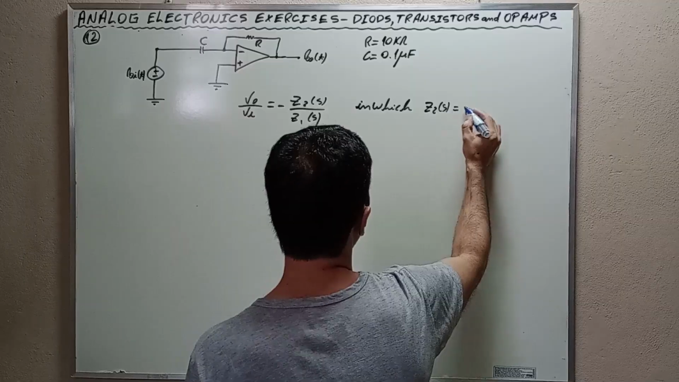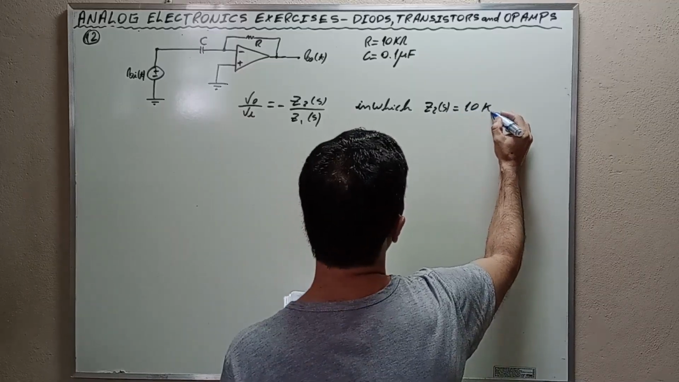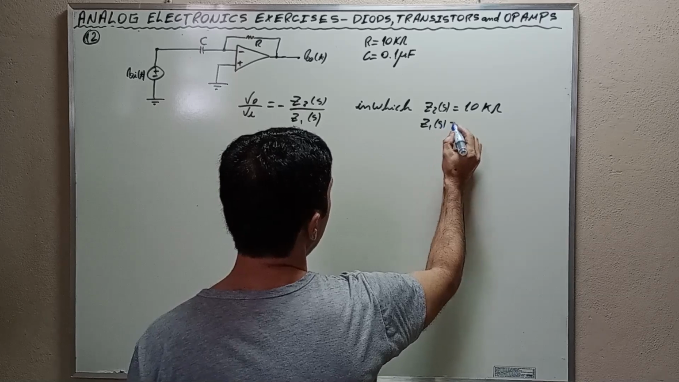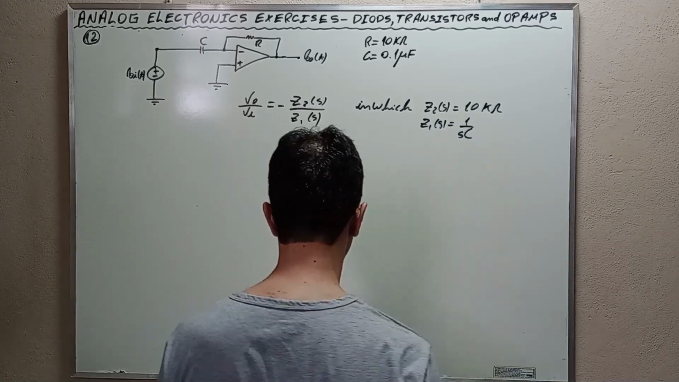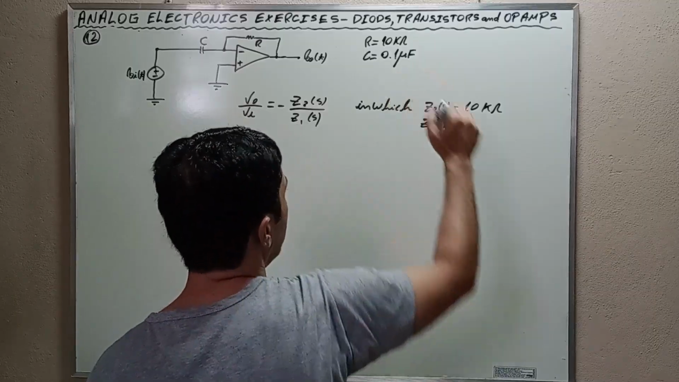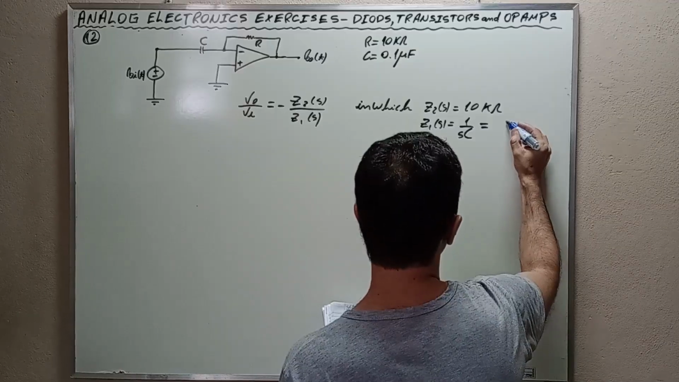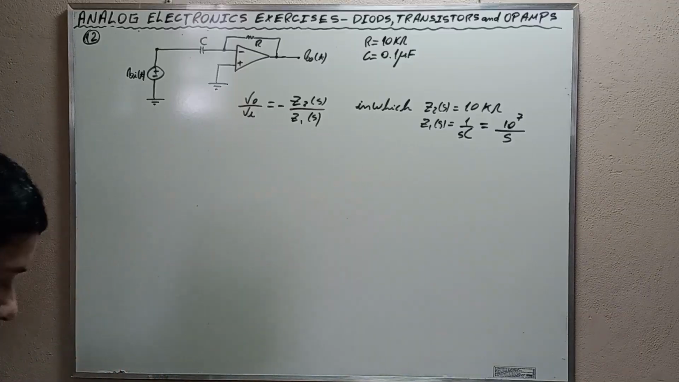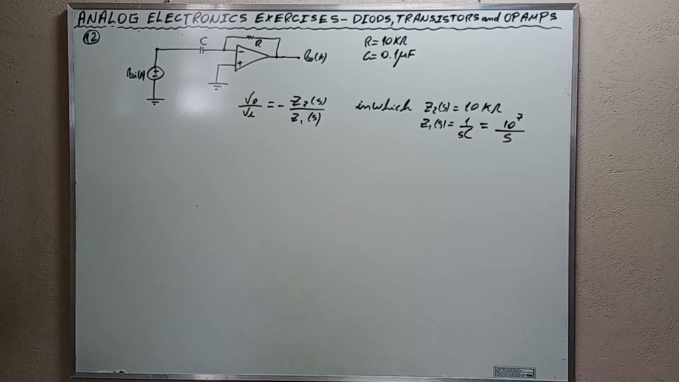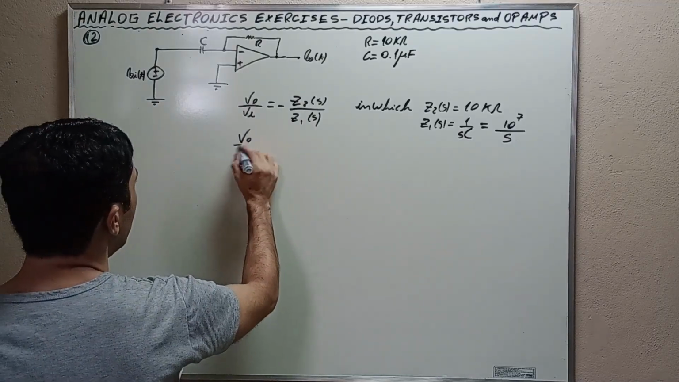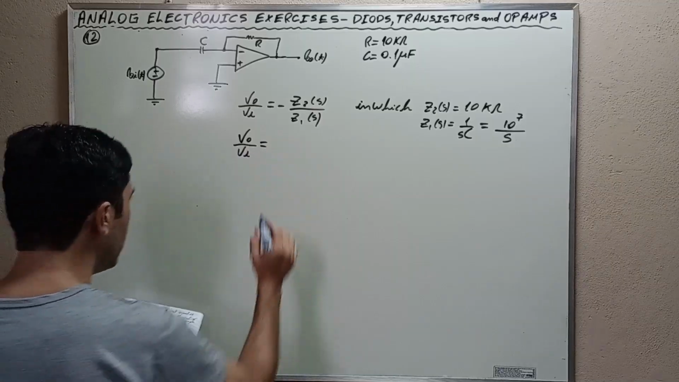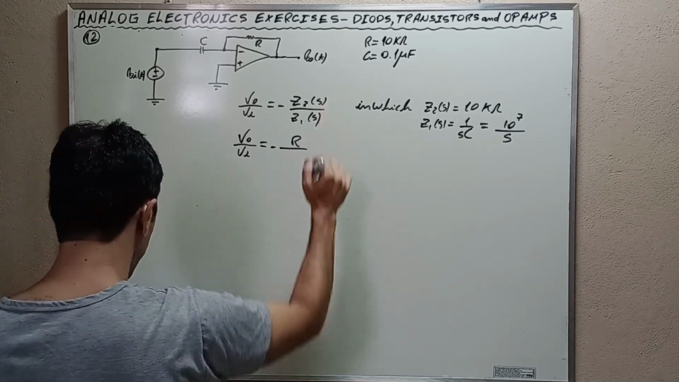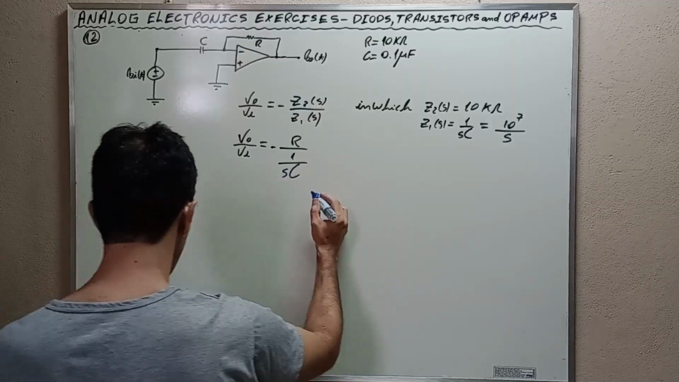Z2 of S is equal to 10 kilo ohms, and Z1 of S is equal to 1 over SC, and if we use this value here, we find that it is 10 to the 7th over S. Therefore, the transfer function is VO over VI equal to negative R, which is Z2 of S, divided by 1 over SC,